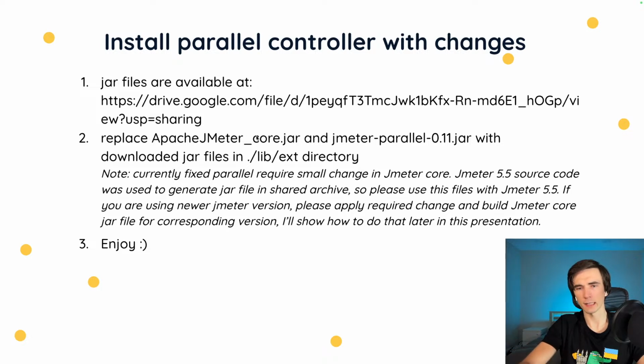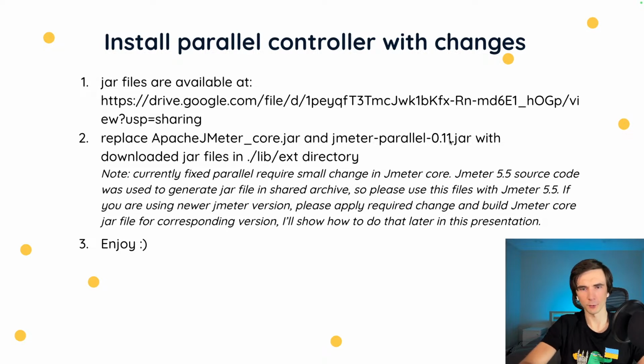It will not affect anything else except parallel controller. If you're interested in what and why, it will be a little bit deeper in this presentation. And the actual parallel controller: you will have to modify the fixed versions in this archive. So your goal is to get into your JMeter installation directory, go to lib/ext, and remove Apache JMeter core jar and JMeter parallel. Now it's 0.11,